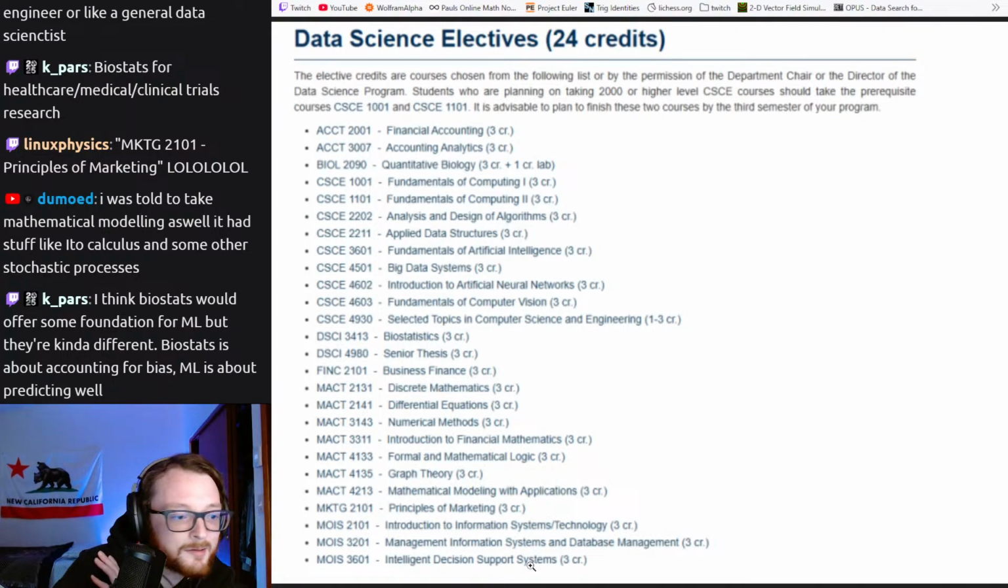Yeah. That's what offers some foundation for machine learning. They're kind of different. Counting for bias, ML is about predicting. Okay. So you're choosing 6 off this list. If I were to choose 6 for myself and I was majoring in data science,